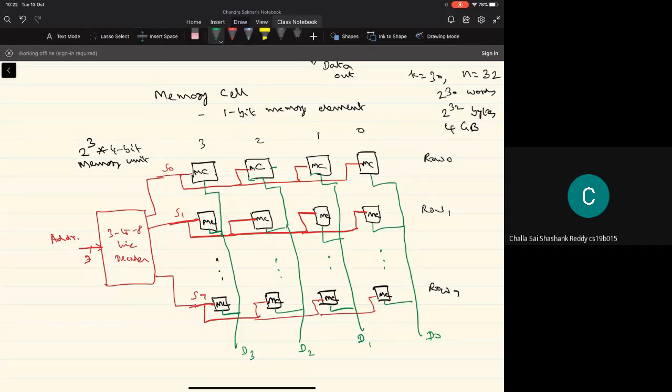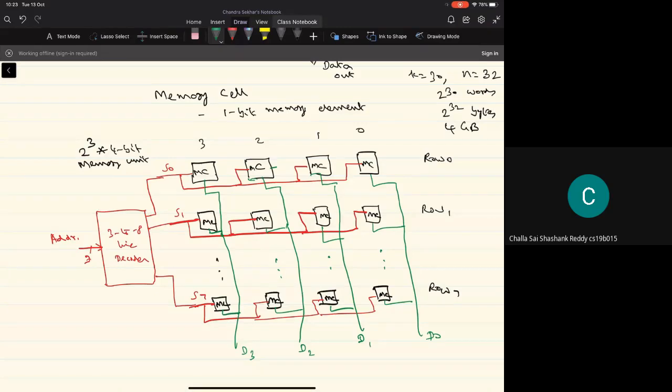So what are we saying now? Whenever you want to perform a read operation on, let's say, row 0, then only S0 will be active and all other select lines will be inactive. The outputs of each of these cells are connected to what are called data lines, and only the selected cells can make the data in that cell available on these data lines.